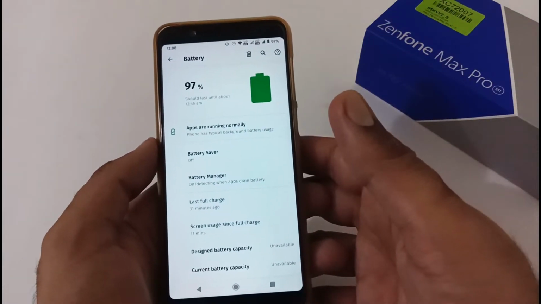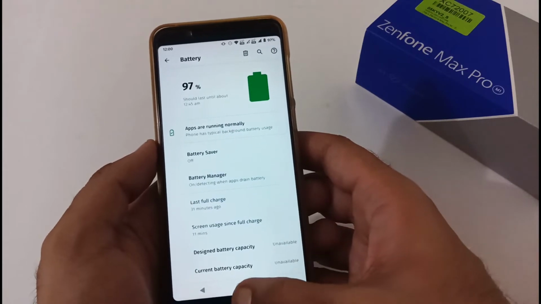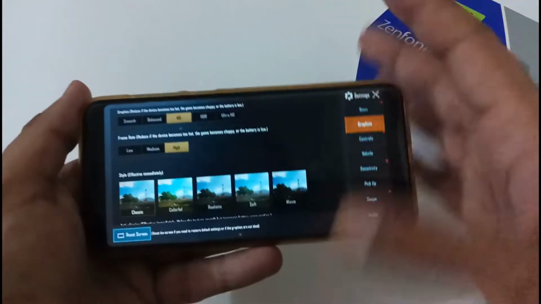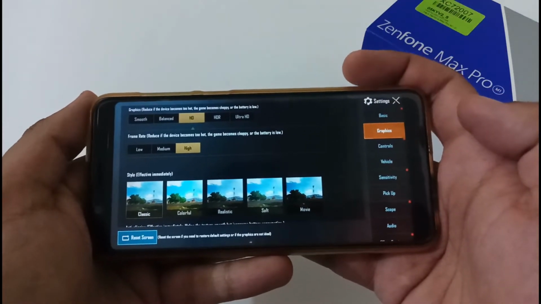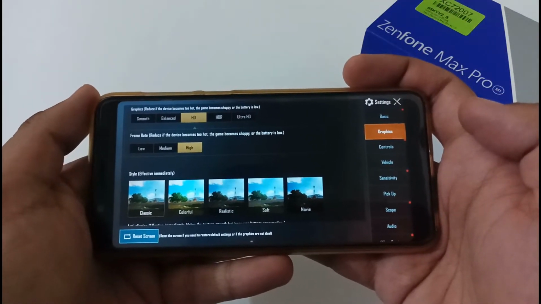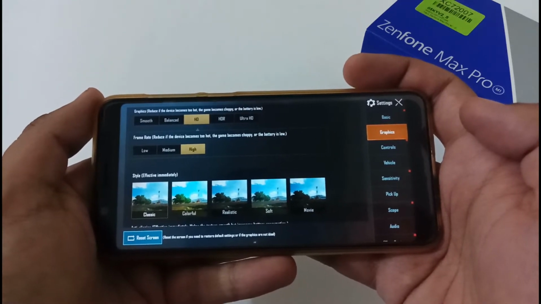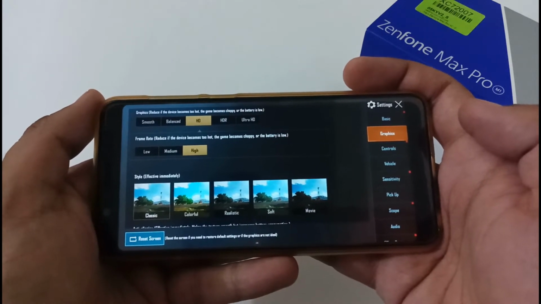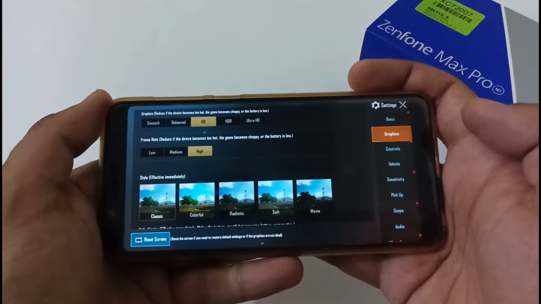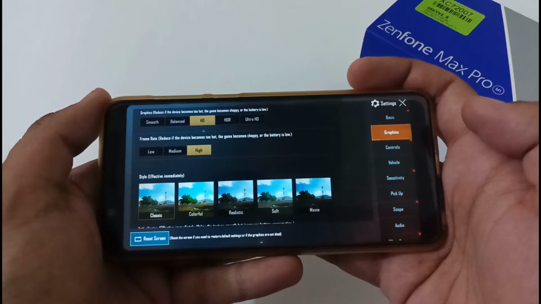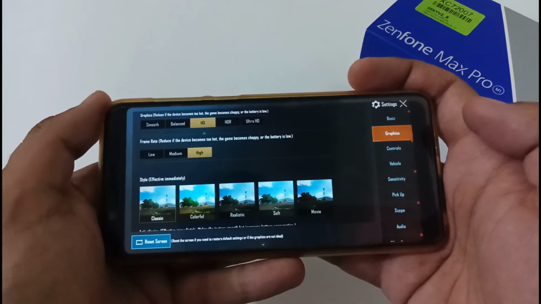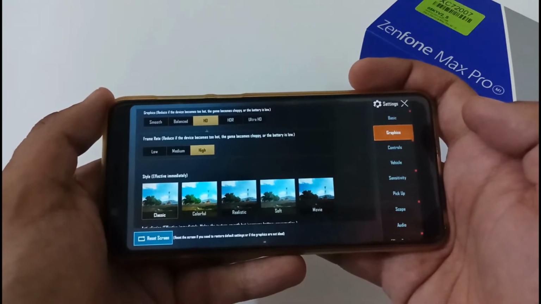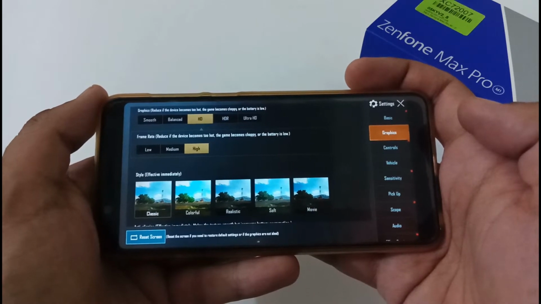So now let's move to the battery consumption from the gaming section, or I would say the gamers' perspective. Firstly, let me open PUBG Mobile. If you are familiar with my videos, I usually do the analysis on the basis of 1 hour of gameplay for battery consumption, playing 2 to 3 times to see whatever is the best time or the worst time. For PUBG Mobile, in terms of battery consumption, I played 1 hour of gameplay. The battery consumption was nearly 16 to 17% in all the instances. And apart from this, I've also noted the temperature reading.